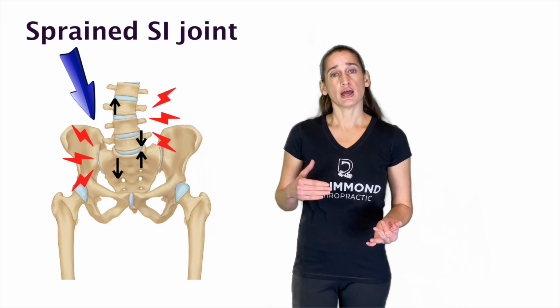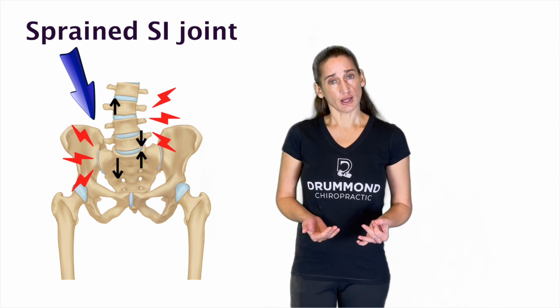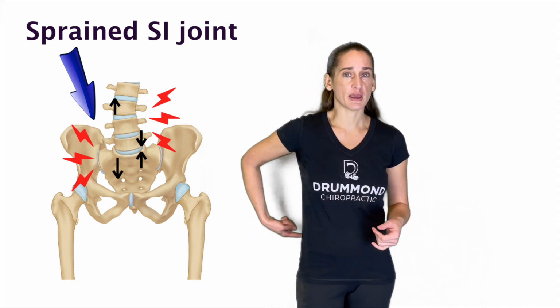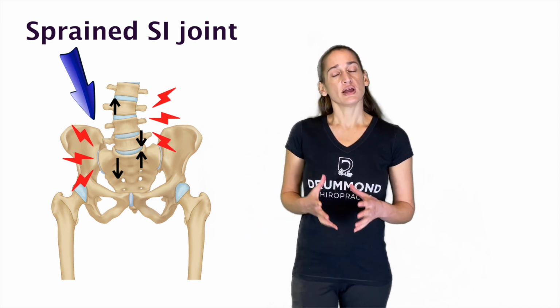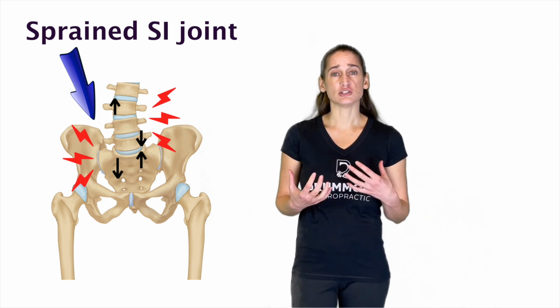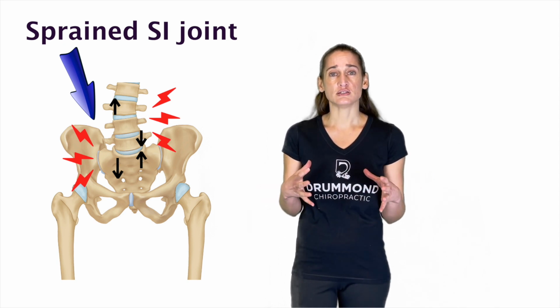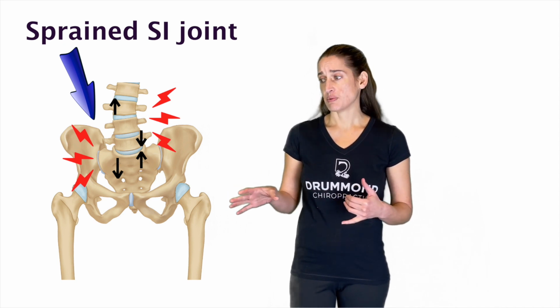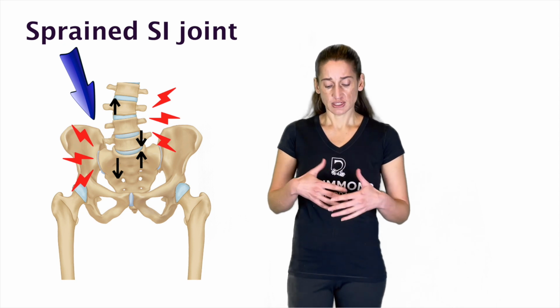So make sure that if your treatments aren't working, or if they're treating for low back pain or hip pain and you're still having pain right there, get your SI joint evaluated. Maybe instead of being mobilized, maybe instead of being strengthened, the ligament needs to be held together. It takes 2 months of wearing the SI belt to allow the body enough time to lay down the fibers